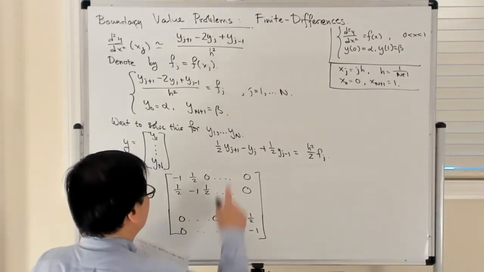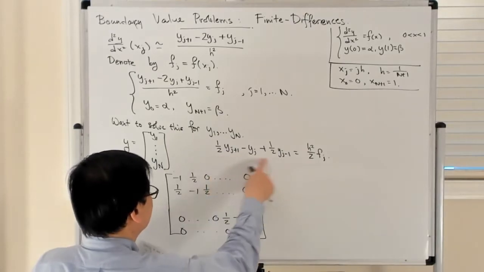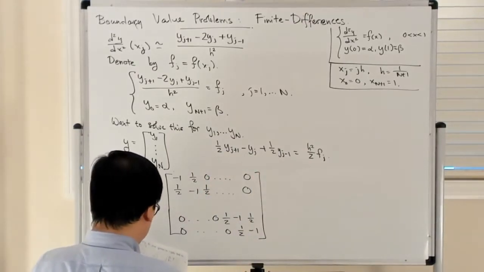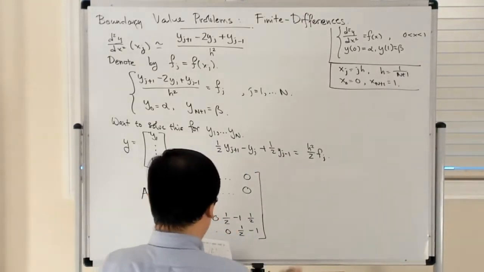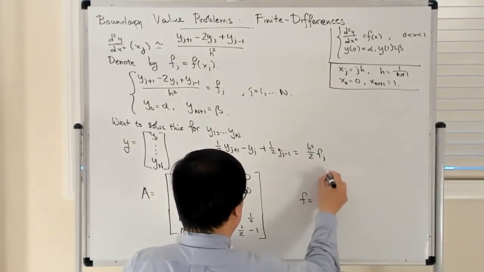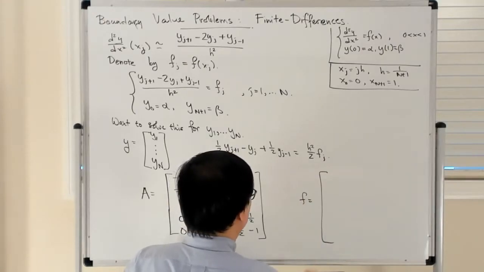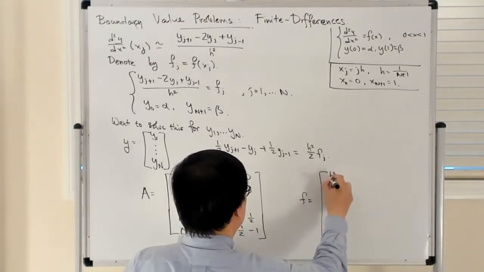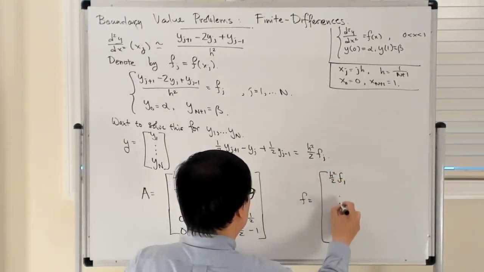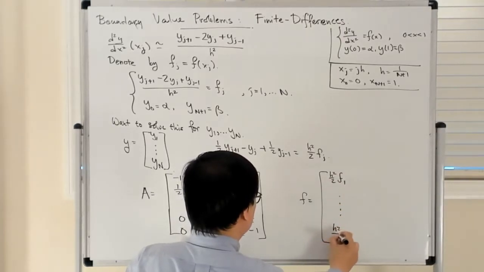Again, those coefficients come from this equation here. The right-hand side f is going to involve these h squared over 2 fj terms, so h squared over 2 f1 all the way up to h squared over 2